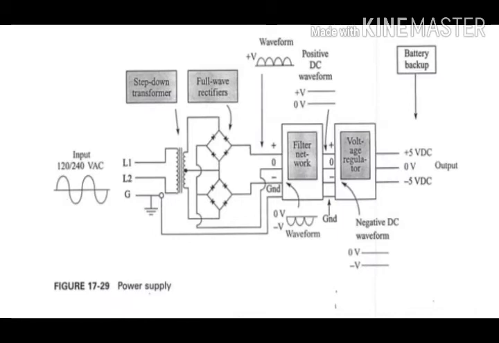Then the second section is what? The second section uses two full wave bridge rectifiers to convert the transformer secondary AC voltage to pulsating DC. As we already learned the working of the bridge rectifier, there is no need to explain it again. There are two bridge rectifiers we use, one for positive voltage and another for negative voltage. The top bridge develops the positive voltage and the bottom bridge develops the negative voltage.